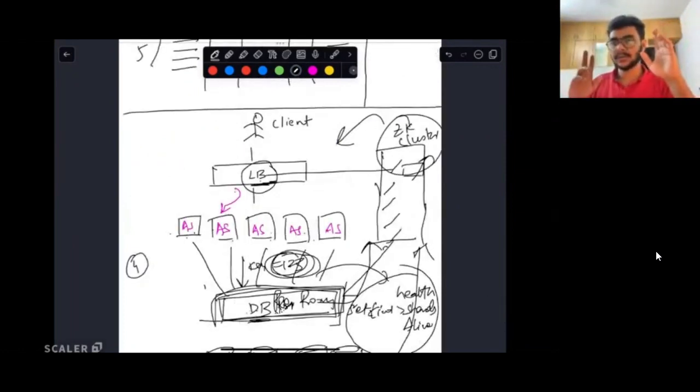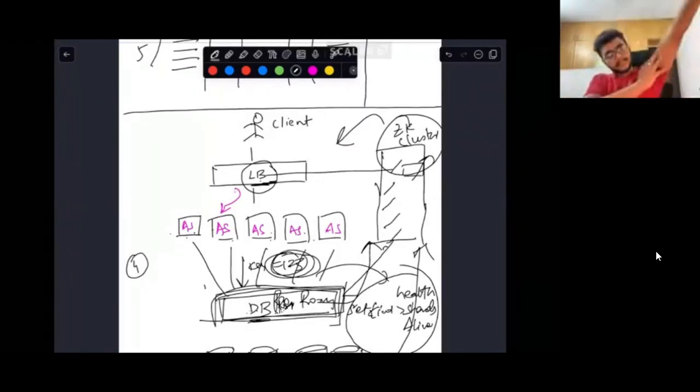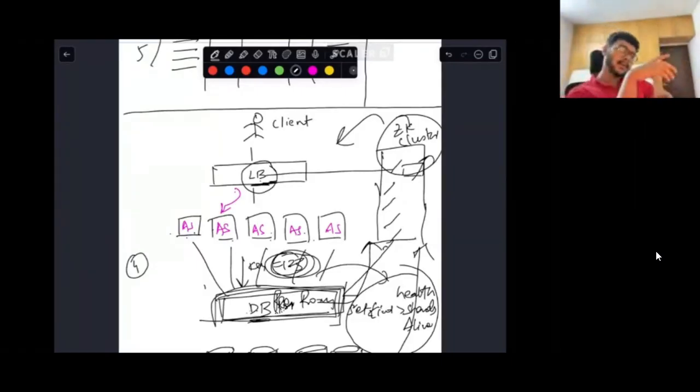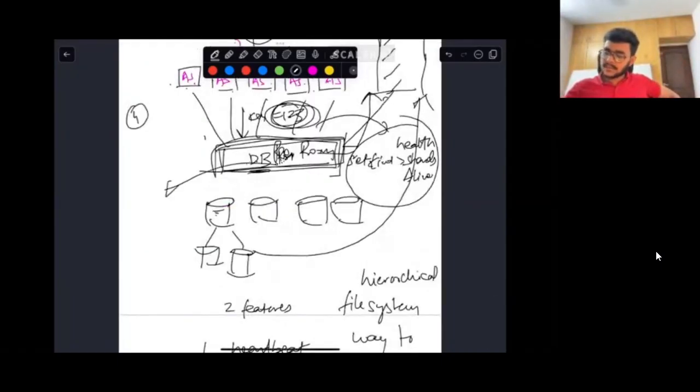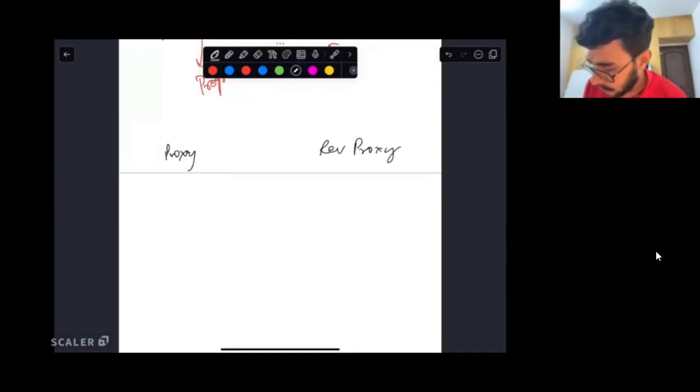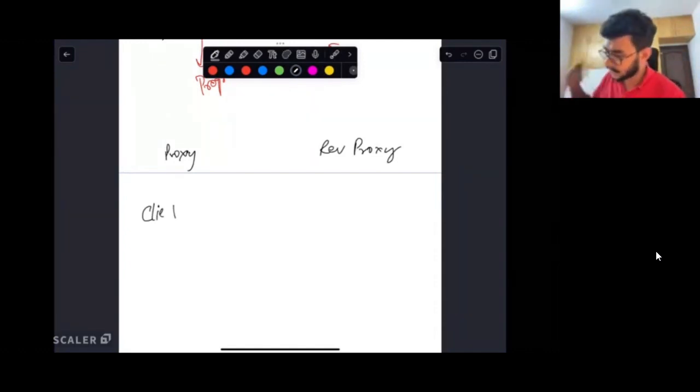Zookeeper. Okay, so now that is making sense, this complete picture. So hashing would be inside the DB proxy. So DB proxy is one kind of server only, right? DB reverse proxy? Is it DB reverse proxy? Do you know the difference between proxy and reverse proxy? Reverse proxy comes before the server, and proxy comes before the client.